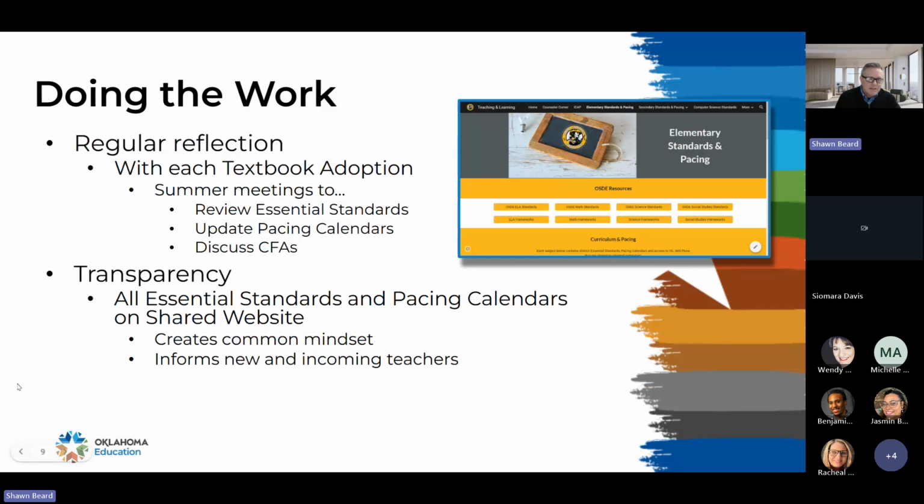Doing the work, that's the fourth piece. And that takes regular reflection. So there's a couple of ways that we do this. And then there's one new thing that's not in this presentation that we're going to start changing. But with regular reflection, the classroom teacher, what we do is with each textbook adoption, I will go through the